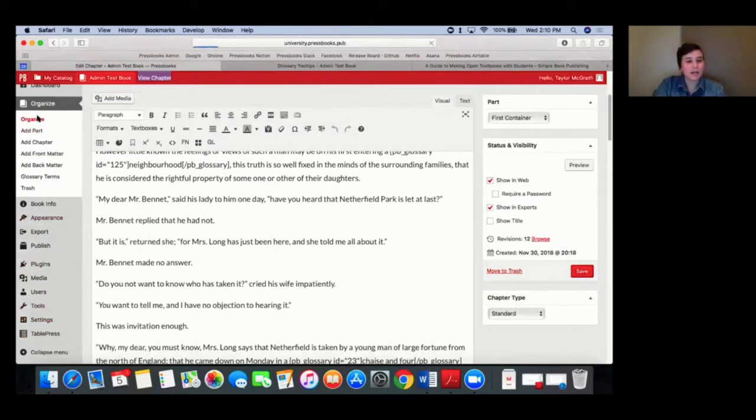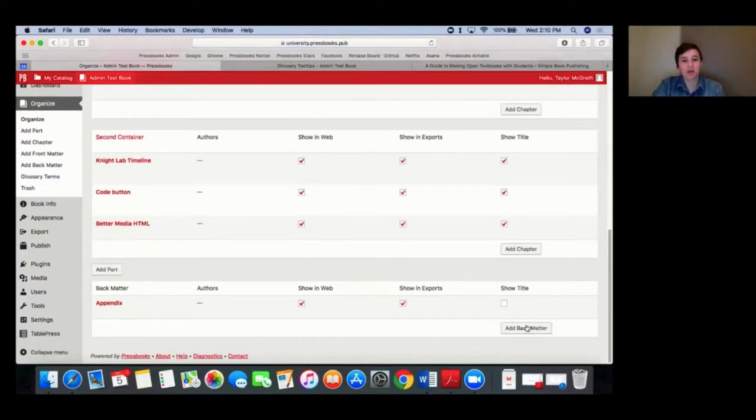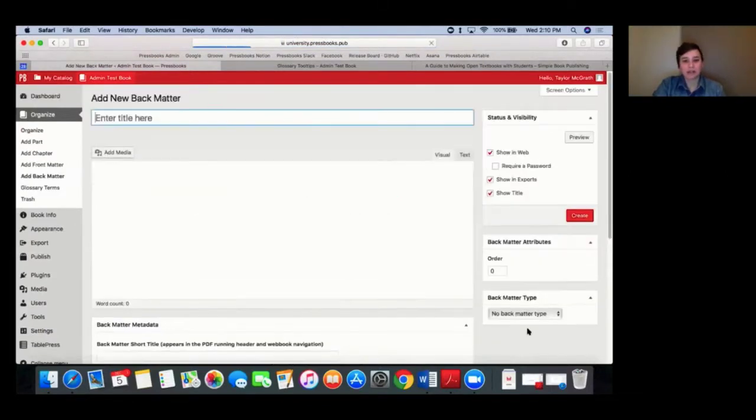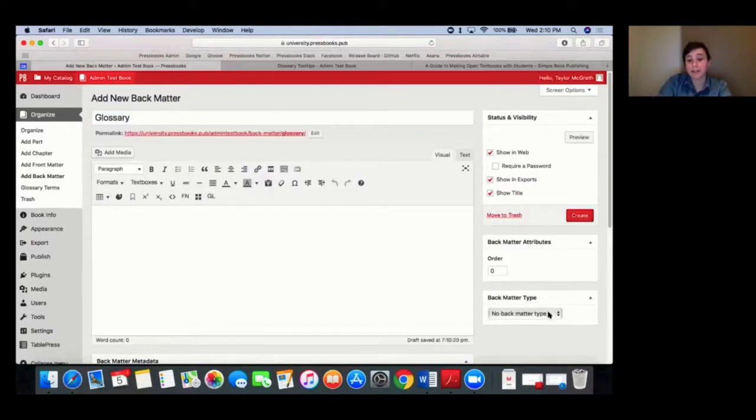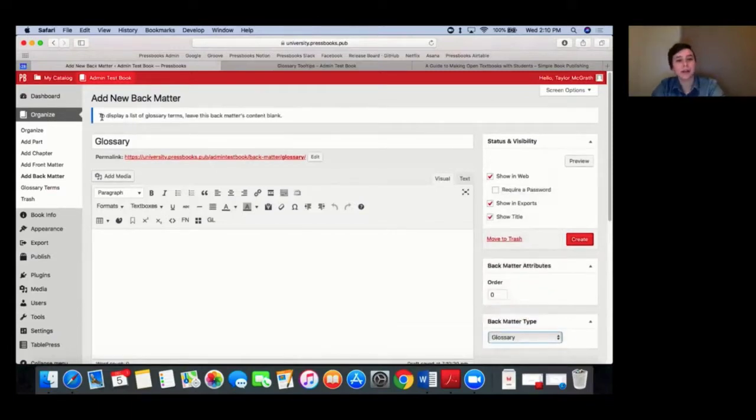Okay, so I'm going to go back to our organized page now and then navigate down to the back matter. So I want to create a full glossary list, and I want it to happen automatically. And I want it to exclude the ones that I've created as unlisted. So I'm going to name this glossary, and then I'm going to go over to the back matter type menu over here on the right side of the screen, and I'm going to scroll down and click glossary as the back matter type. Now you'll see a banner appear at the top that says, to display a list of glossary terms, leave this back matter's content blank. So if you put anything in the editor field, that would intervene with the glossary list appearing. But if you leave it blank and click create,